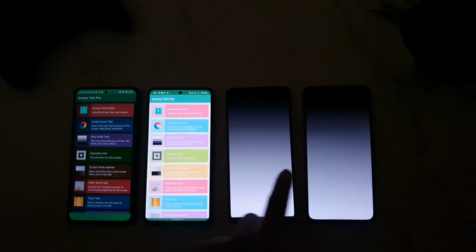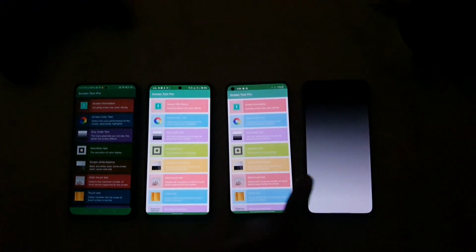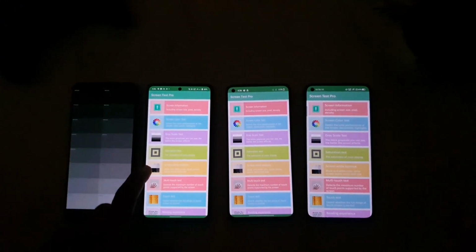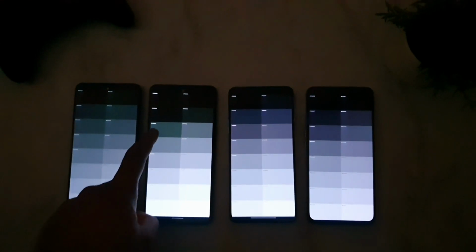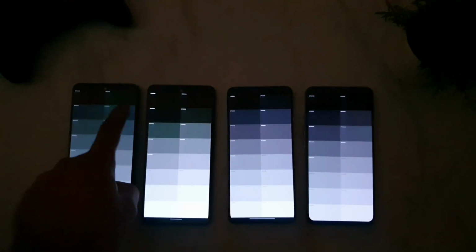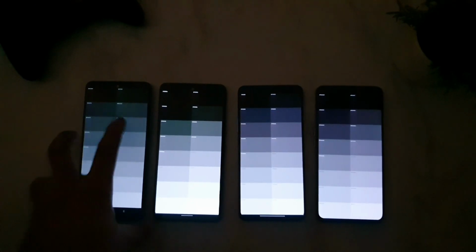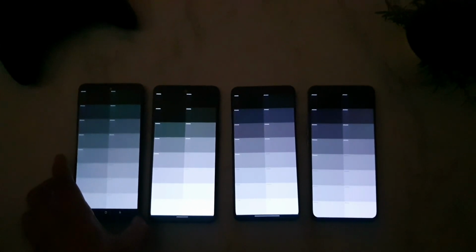difference you are experiencing. Let me go back to the main menu and I'll try to do another testing as well, which is called, I think, screen white balance. Let me select this one. So in this area you will be able to see here the green tint, green, as you can see friends, green. But the OnePlus and the Realme X7 Pro, you cannot see any kind of green. So in this column it was supposed to show the gray color, but it's showing kind of green color. So this is what is called the green tint issue friends.